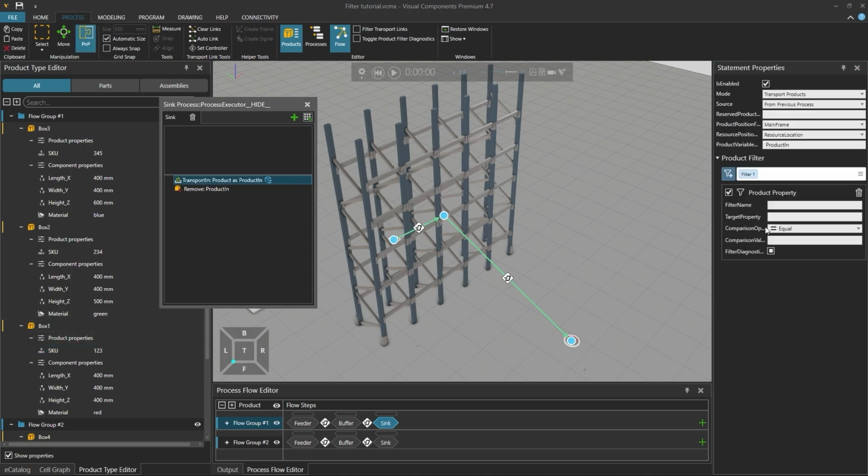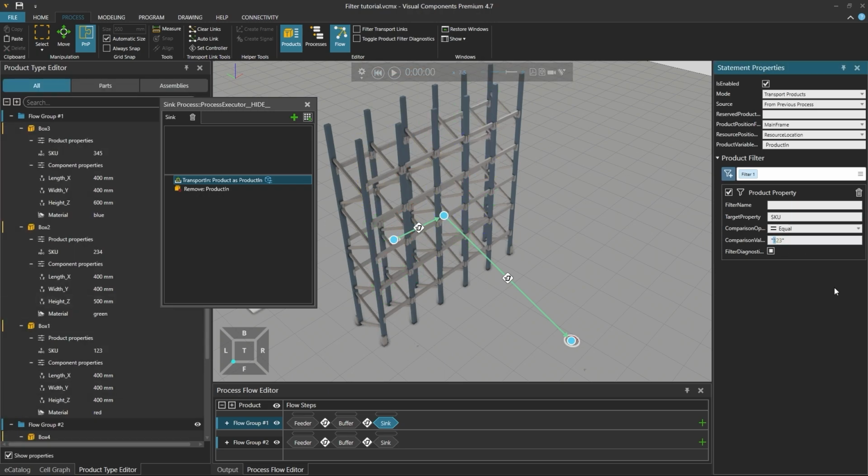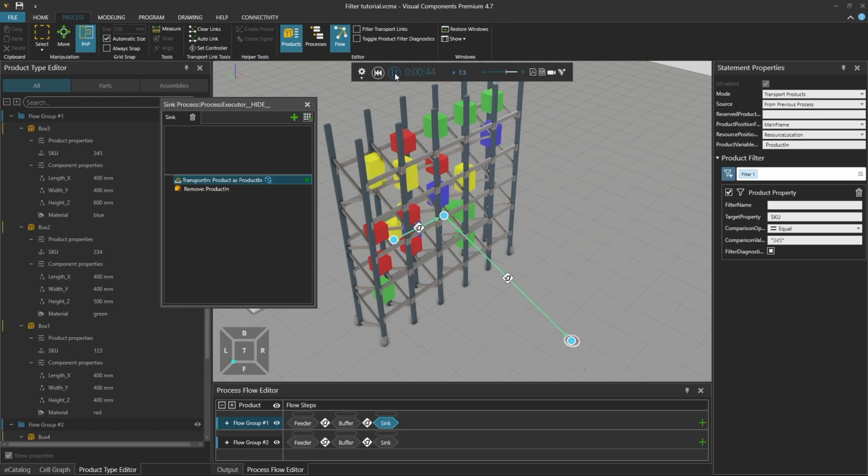If we define in a filter that the target property is SKU and the comparison value is 123, only the red box 1 from flow group 1 and the yellow box 4 from flow group 2 can enter, as they match the SKU product property and its value is matching the comparison operator. And if we change the comparison value to 345, then only the blue box 3 from flow group 1 can enter.